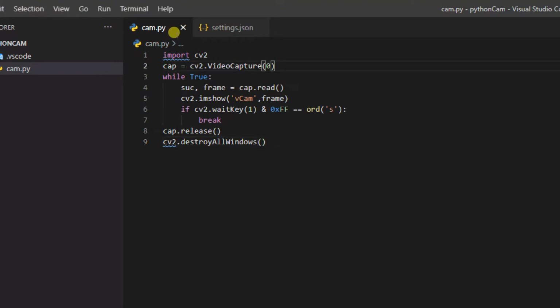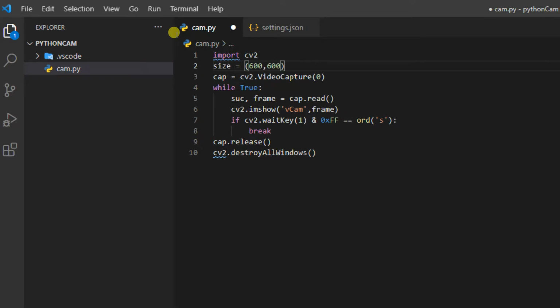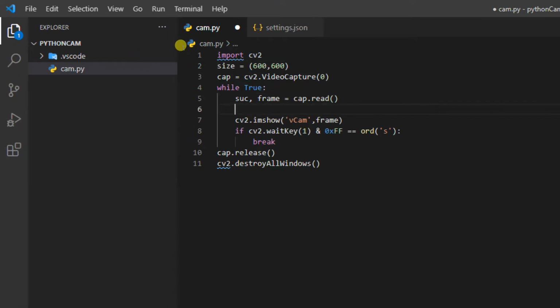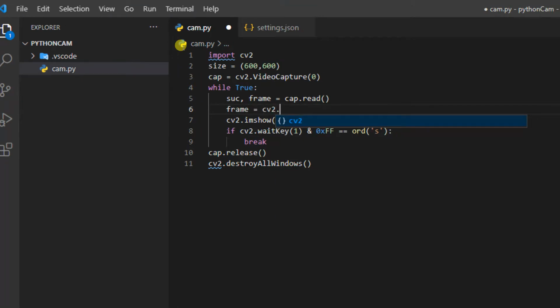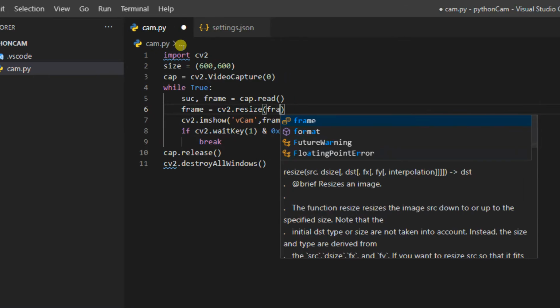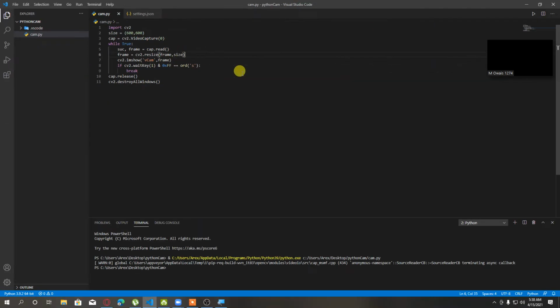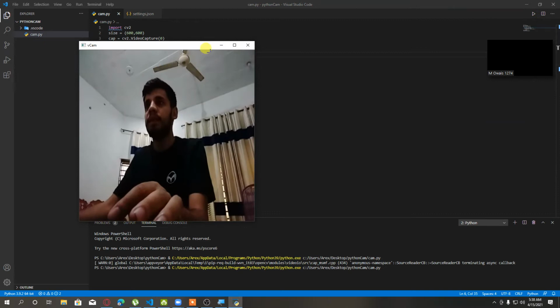So for that, I have to set the size, which is basically triple. I guess 600 by 600 will be good. Now I'm going to process the image and pass frame equal to cv2.resize. Now I have to pass the frame, and now pass the size. Now when I run this program again, you can see that it's resized, but I guess I have to